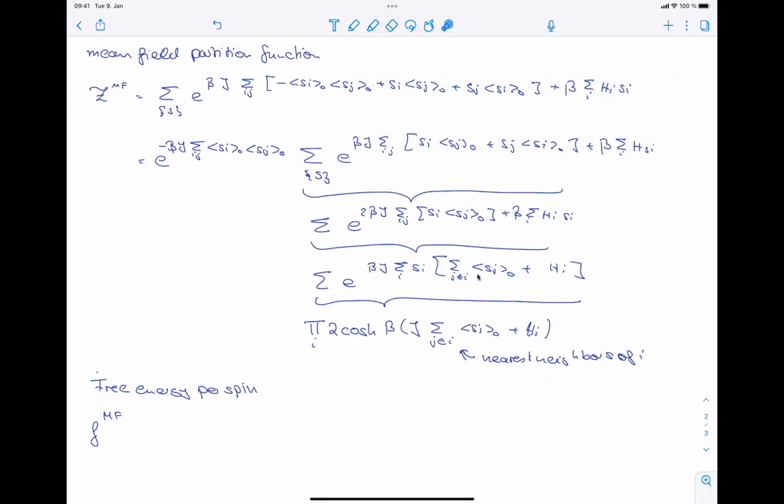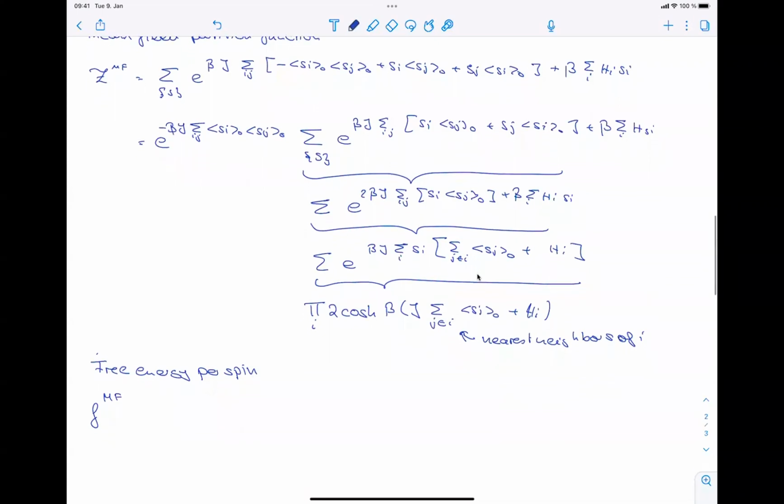In a sense I'm showing exactly the same thing that I showed either on Tuesday or last Friday, except for this one. So we're really calculating the free energy yet again, and then we have to minimize it. I'm going to leave out a few steps in between, because it's exactly the same. So the free energy per spin